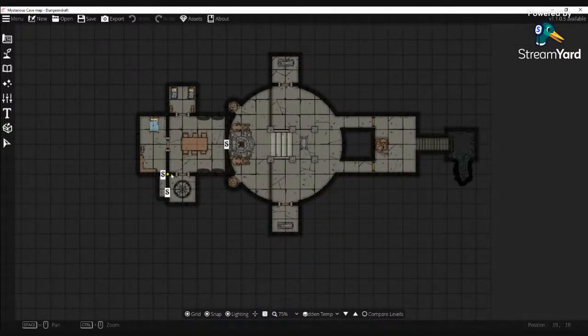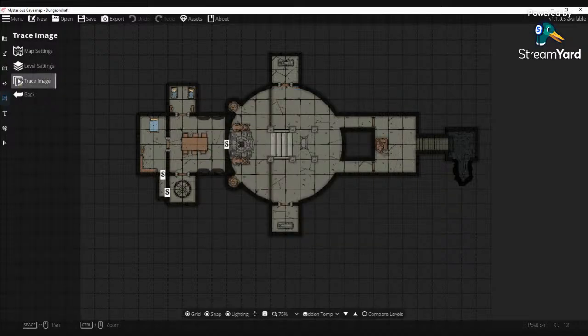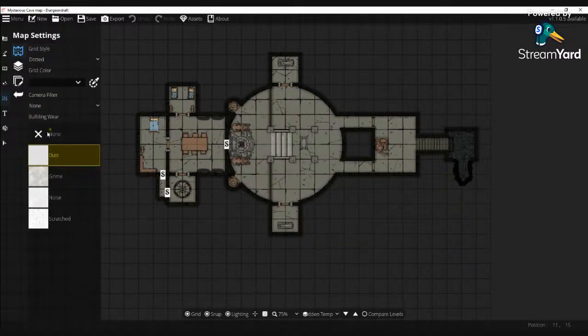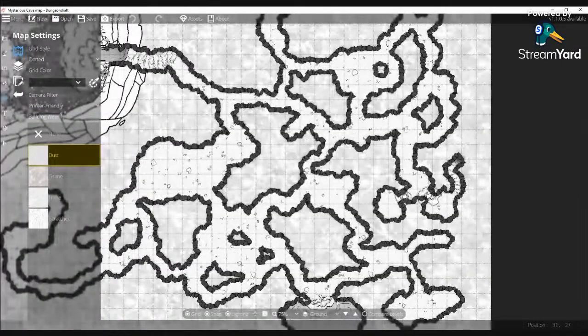If things look a little weird on this, that is because this map was designed to be done as a black and white map. Let me see if I can actually get that to show up here. Remember how I did that. Map settings. So for map settings, we can go camera filter, print friendly, and suddenly we have a black and white map. You still retain the details, but now your map is black and white